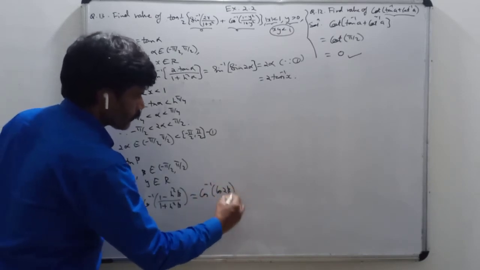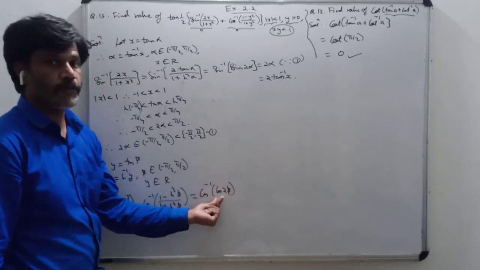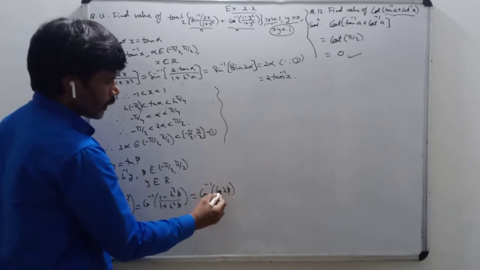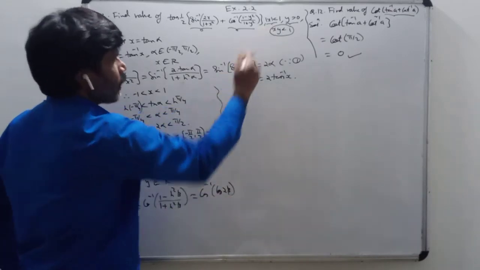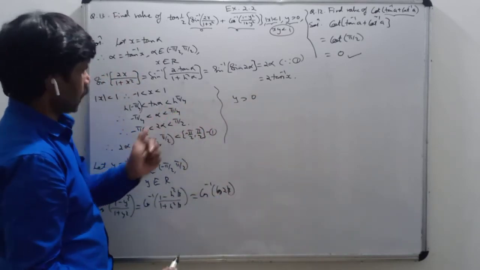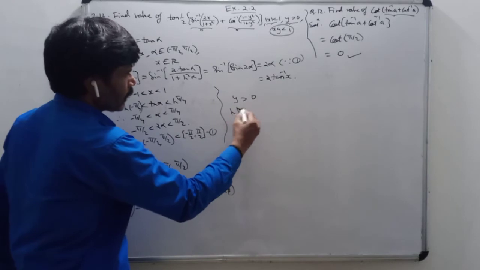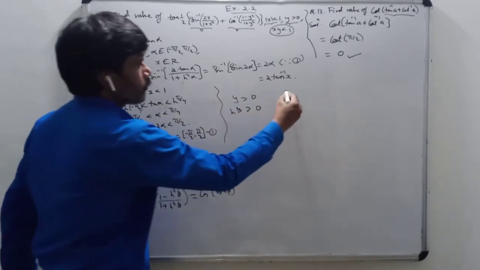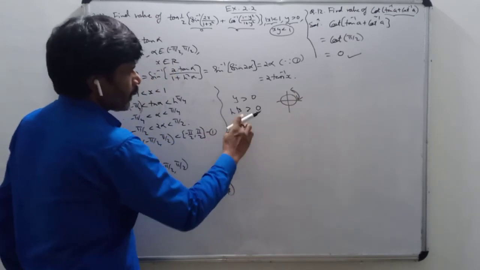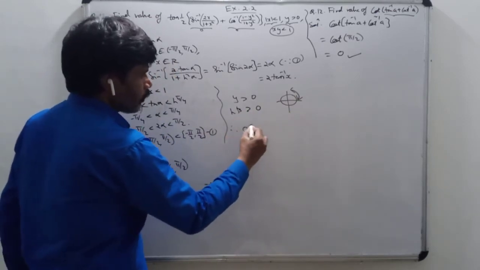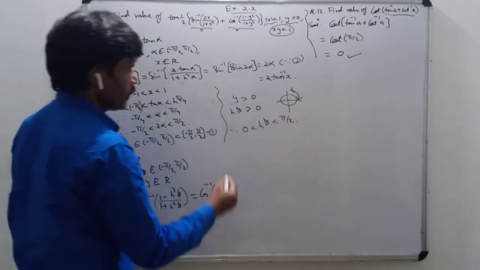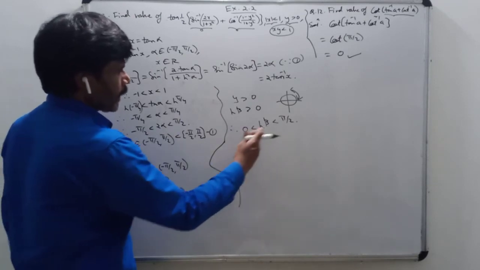Now cos inverse of cos of something, I can write as something if something belongs to the domain of the cos function. For that I am coming back here. So for 2 beta, what is the condition here? Y is greater than 0. Why, what have I assumed? Y is tan beta. It means tan beta is greater than 0. Now tan beta is positive means which quadrant? First quadrant. It means I can say 0 is less than tan beta, tan beta is less than pi by 2.